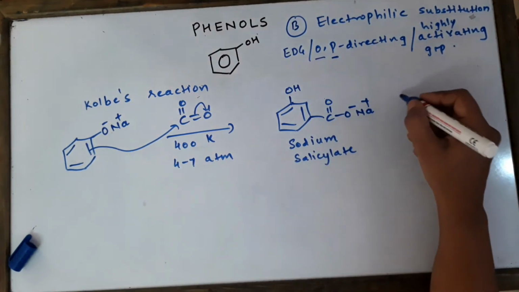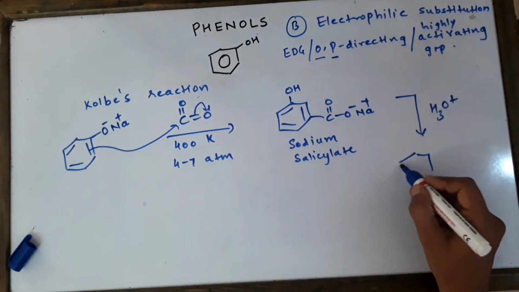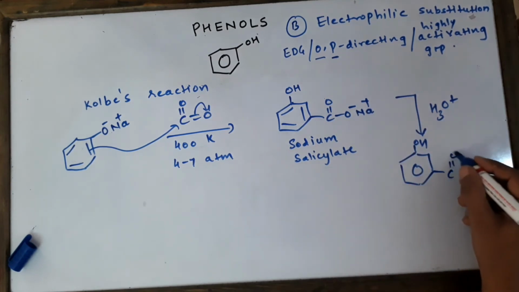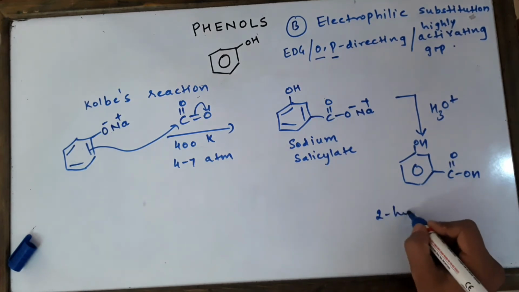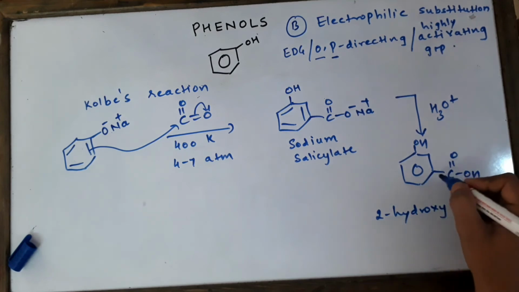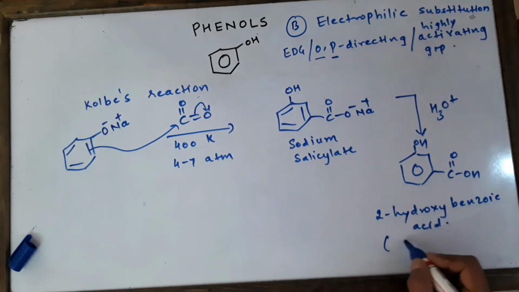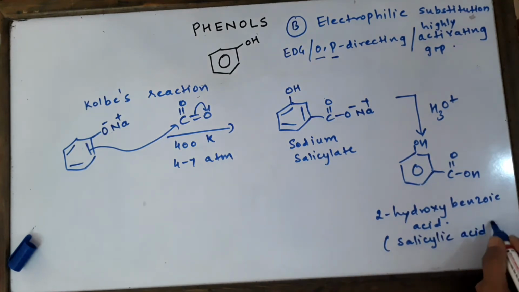Now this will be hydrolyzed by using acid and water, and you will get salicylic acid, that is OH, this Na will go out and we'll get COOH, and Na plus is gone out. So this compound is very, very famous for your exam. 2-hydroxy benzoic acid is the name of this compound, or it's also called salicylic acid, which is obtained industrially like this. Naturally it might be obtained from the barks of some trees, if you want to extract it.